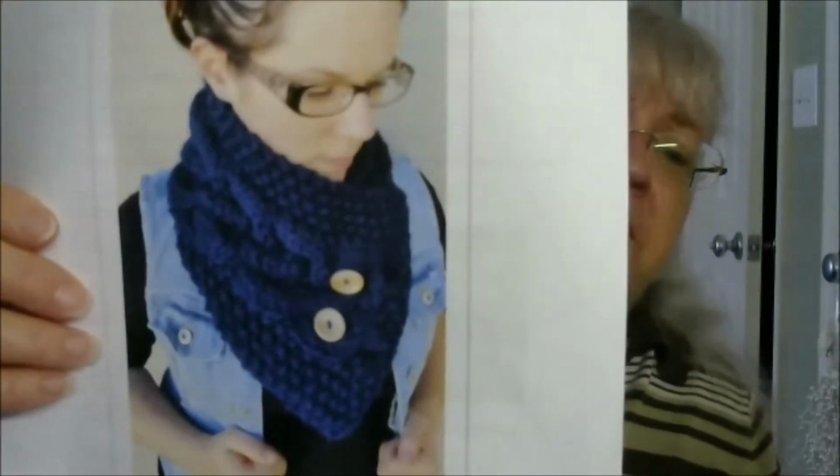I can show you what I'm going to make with this, though. I downloaded this pattern from Cozy Up with the Stitchin' Sisters a couple weeks ago. They offered it for free at the time. I don't think it's free anymore. It was just a limited time pattern. And so I downloaded this cowl,